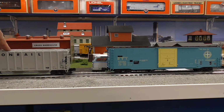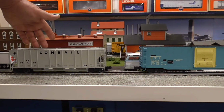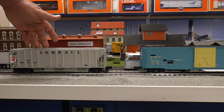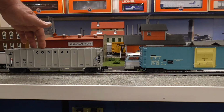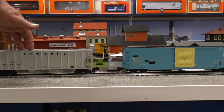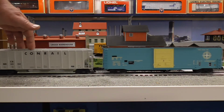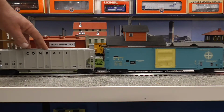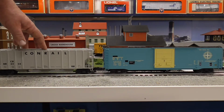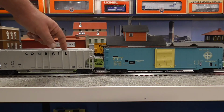So I'm pushing a Lionel Conrail hopper. This is also a new release as well. This was before they went to the milk car couplers, but as you can see, not too bad. It hooks up, right? And you're like, Sean, what are you talking about? It hooked up the first time. Looks like it did good. Well, keep in mind, this car was made